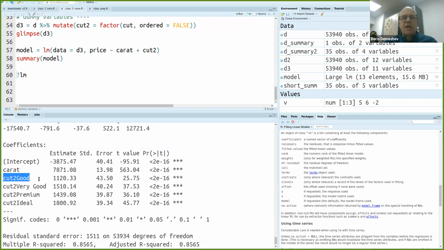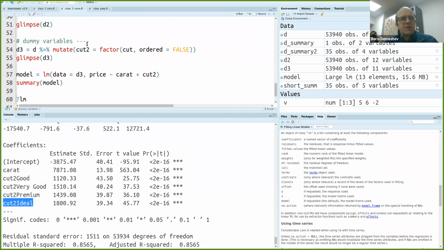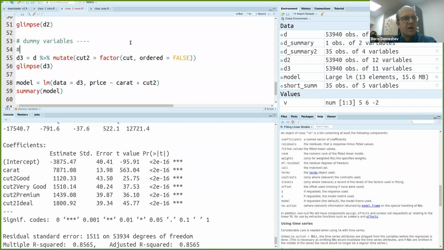So this is the indicator that the cut is good. This is the indicator that the cut is very good. That is the indicator that the cut is premium. And that is the indicator that the cut is ideal. Okay, so dummy variables are introduced automatically. That's the first idea. So what I have done, I have removed order information